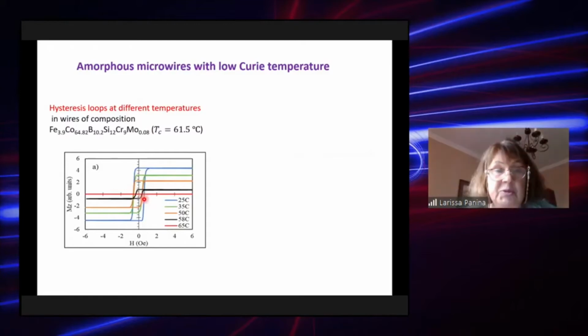It's still almost rectangular up to very close temperatures, like 58 degrees. But if we're talking about the harmonic spectrum, these harmonics will decrease because of the amplitude of the